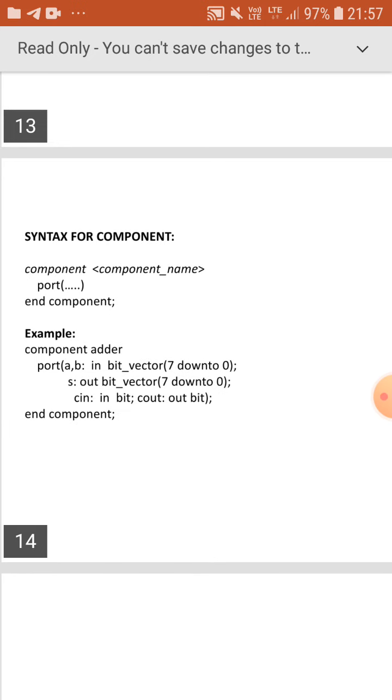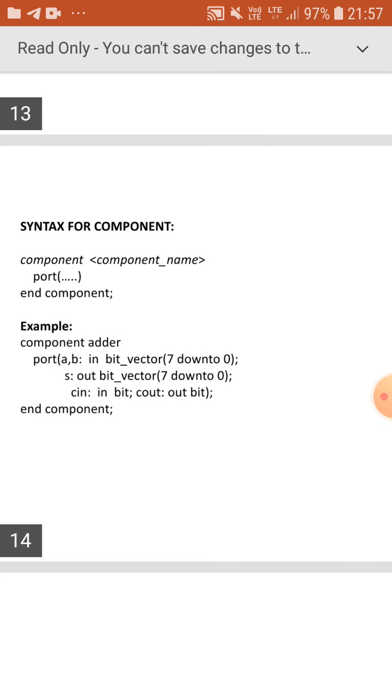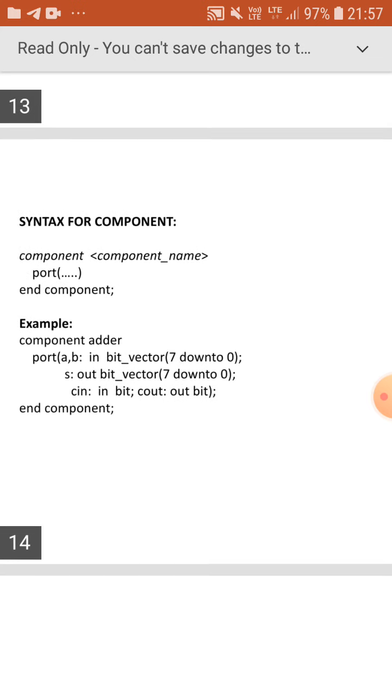Next, this is the syntax for component. It is like entity. In entity, we will use entity name, then is. Here there is no is, only component and then component name. Then port, the third line end component. First line component name, then port declaration, then end component.